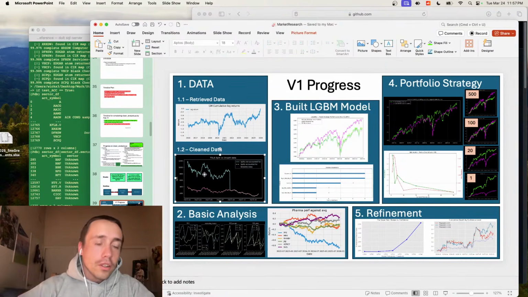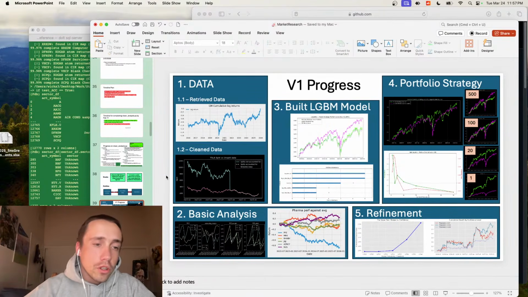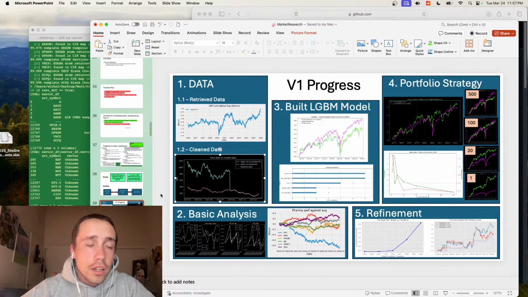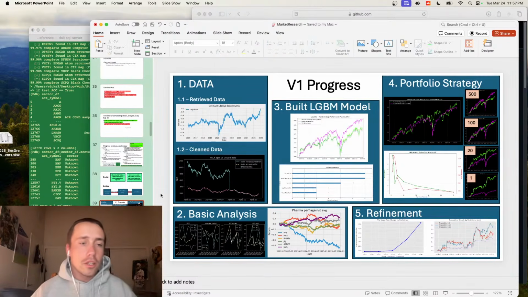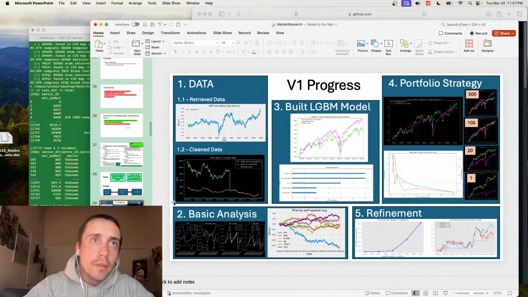The link for that's down in the description. You can check it out if you want. You could also check out the GitHub, which is in the description, and I give you instructions there for installing this data. It's really easy. It's a SQL database. It's hosted on DoltHub, which is basically like GitHub for data.